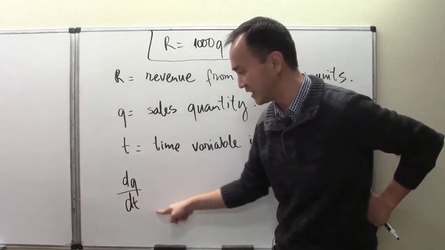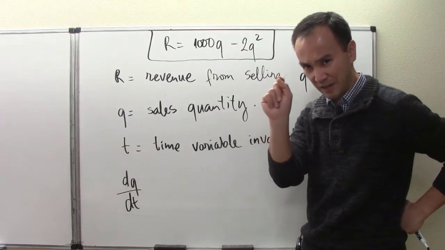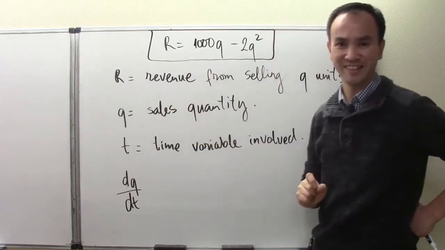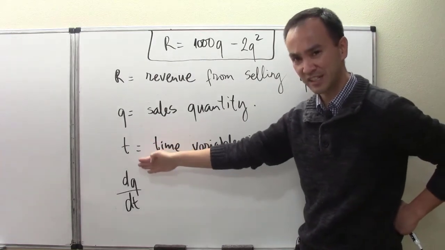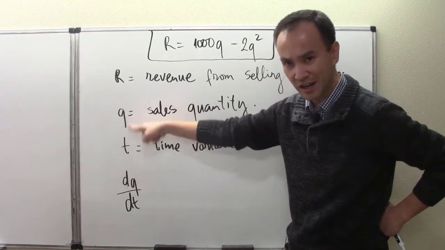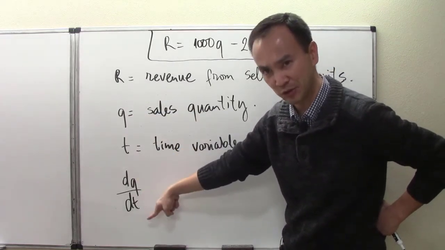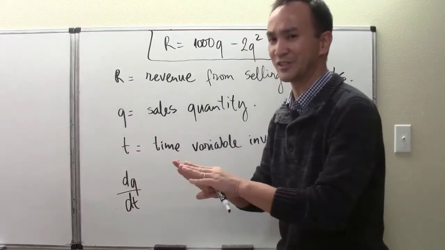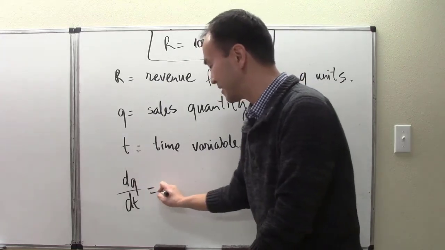That's why I can legally write dQ/dt, because of the phrase 60 units per day. Day is the unit for time, and that indicates we have a rate where our quantity is changing over time, or with respect to time. So clearly there are many ways we can understand that we have a dQ/dt given